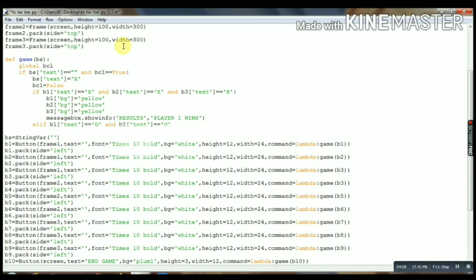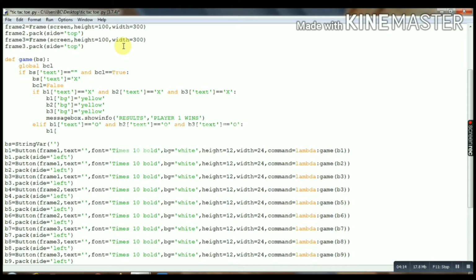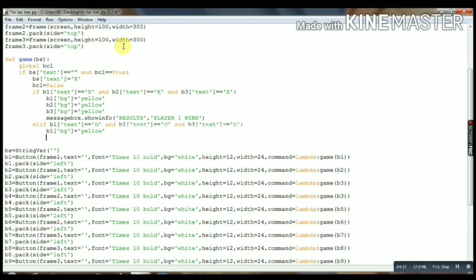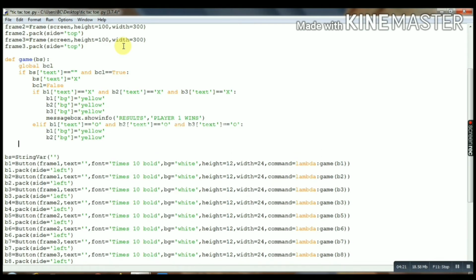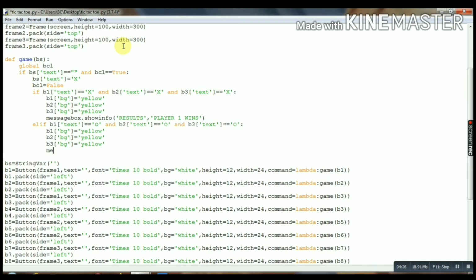If B2 text is O and B3 text is O. Okay, then we will change their background to yellow, B2 yellow, so that they look different. Okay, yellow. So here we will display the message that result: player 2 wins.